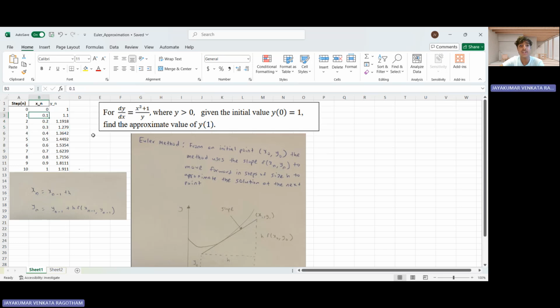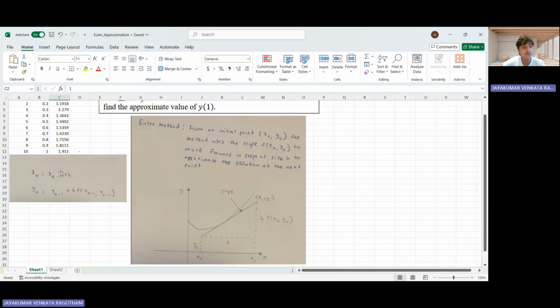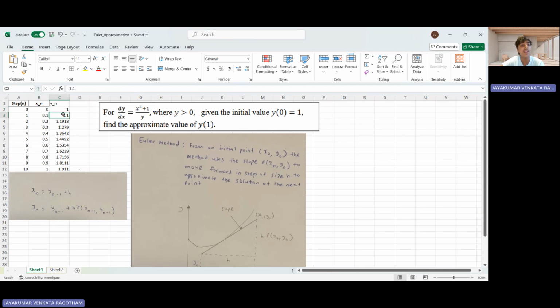So for this question, I've used a step size of 0.1. And with the initial value y(0) equals 1, I can tell that when x is equal to 0, y equals 1. So I've keyed in over here, x is equal to 0 and y equals to 1. Then I want to use these two formulas in order to find x1, y1, x2, y2, and so on and so forth, so I can find all these values over here